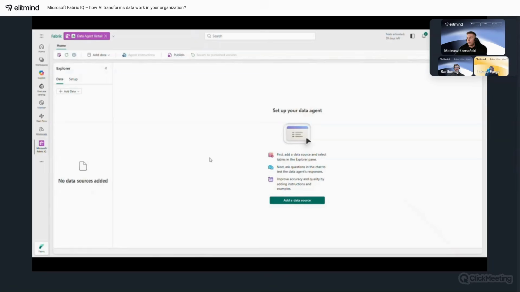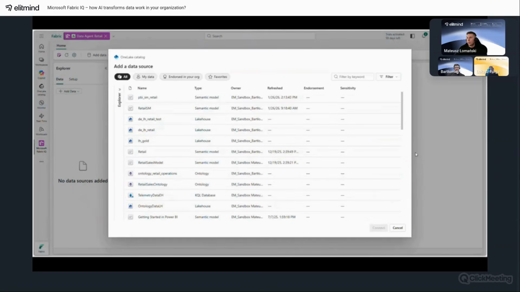The first task after creating the agent is adding the data source we will be working with. We click Add a data source, which opens the OneLake catalog. Here we have access to all available data sources. In our case, the data is located in Ontology.